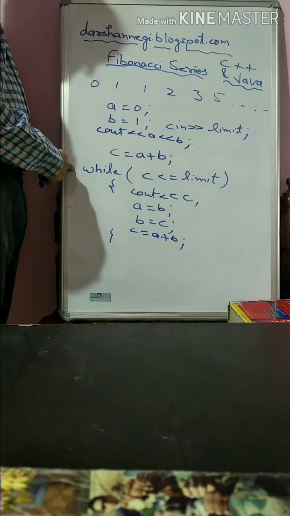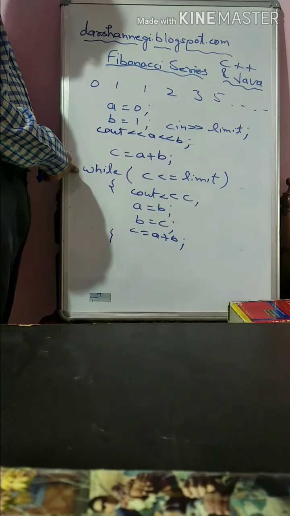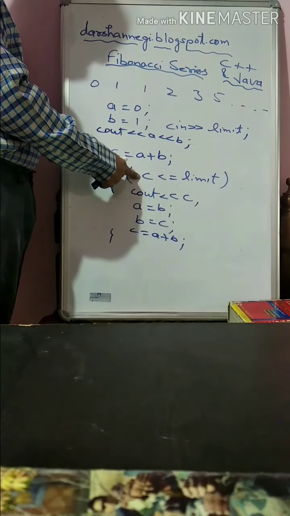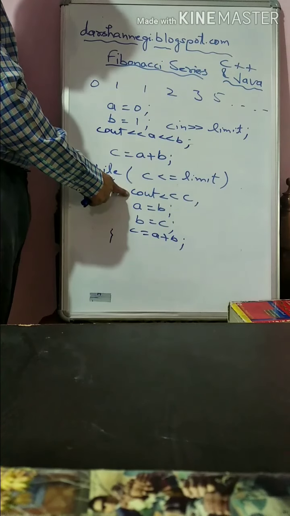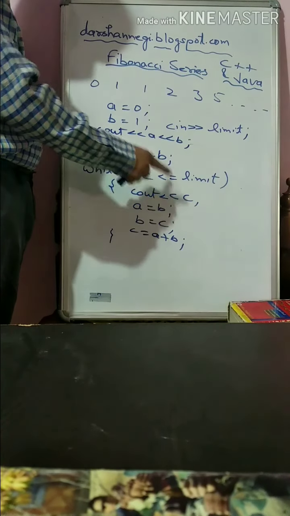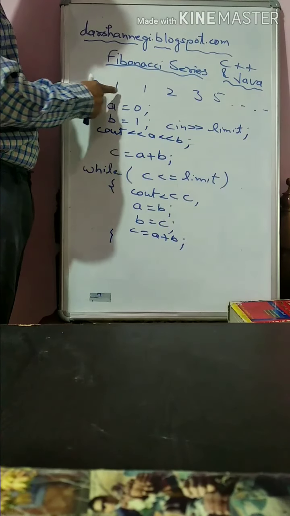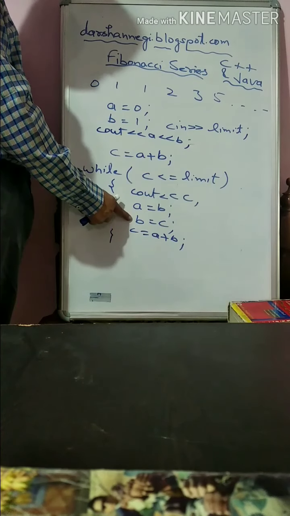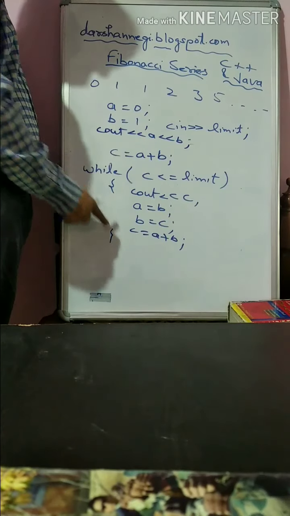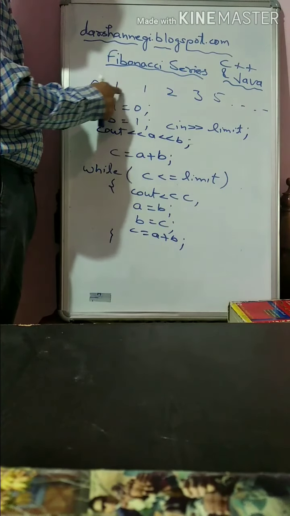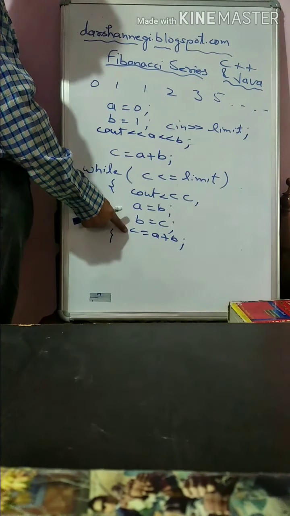Then here I have used a loop, and in this condition I am testing that the third value which I have calculated should not exceed the last number. After that I display the value of C. The value of C, that is the third number, is displayed. After that, what I have to do: initially this was A, this was B. Now in the next two statements I have made this as A and this as B. Then as I am finding the sum of A and B, I'll find the sum of these two and I'll get the third number. So this I have done in the last statement.